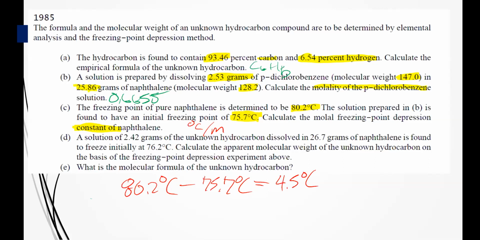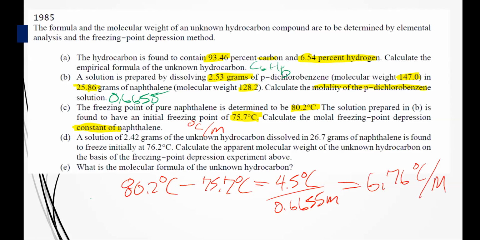That means that for an additional 4.5 degrees, it's in the liquid state instead of becoming a solid. And we know that happened because of the 0.6655 molality of our solution. So if we want to find the constant, we divide 4.5 by that 0.6655, and we get 6.76 degrees Celsius